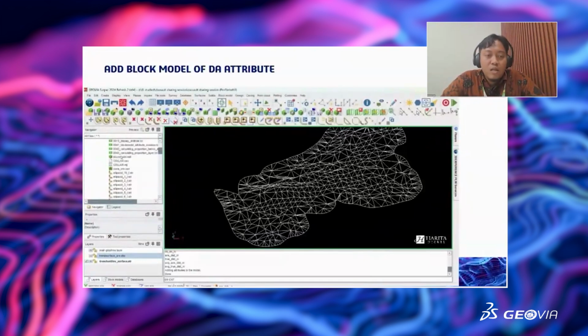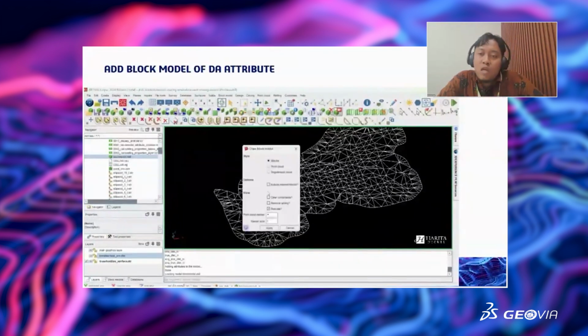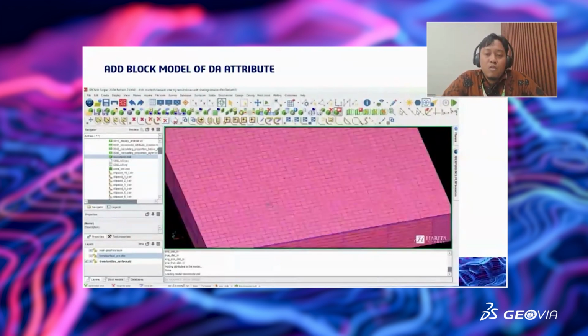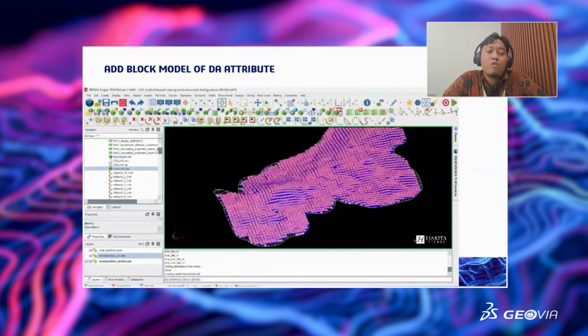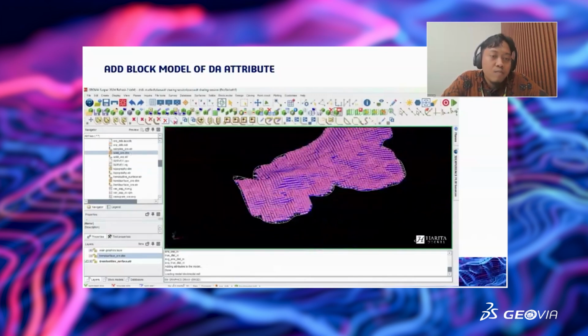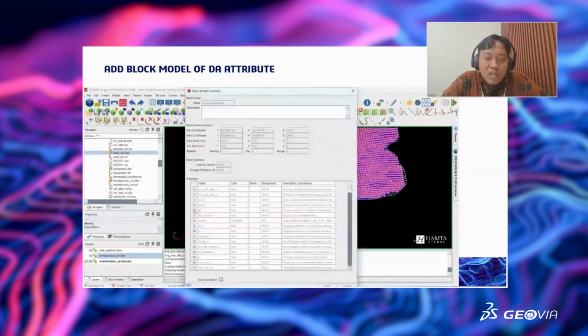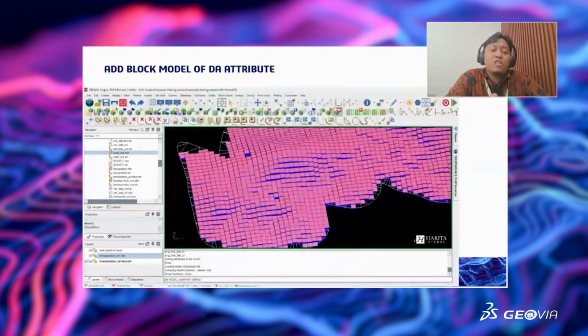Here, after we create the trend outline, I have the block model here, the proto model, and this block model is using an SMU of 12.5 by 25 by 1 here, and I already created the constraint inside my solid ore, so it has the proportion. After that I already created the attributes for my dip and dip direction here with the type float, and the description is just the dip and dip direction of our local orientation.